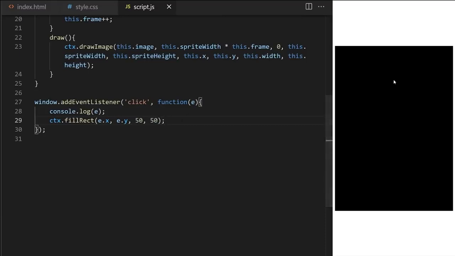I can't see anything when I click. That is because I used black background and default fill is also black. I set fillStyle to white color. When I click, you can see that we draw a white rectangle on canvas, but it's not being drawn under